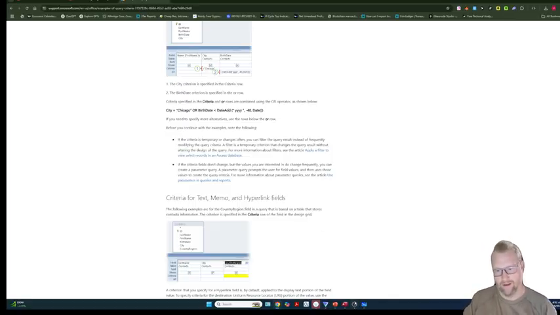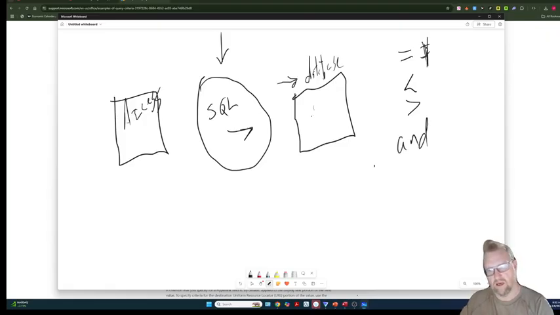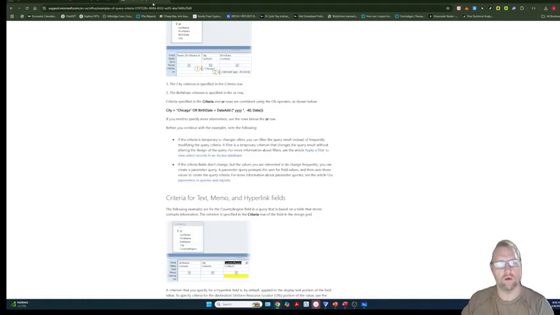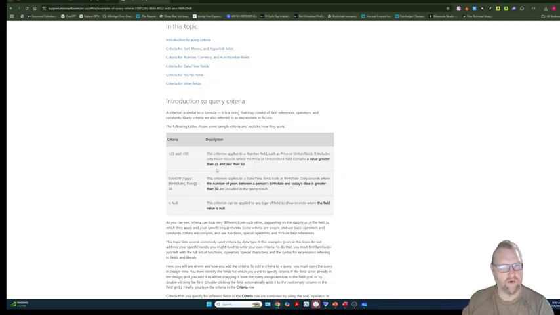Okay, let's talk about logical operators. You got the equals. That means, is it equal? Now in programming we use two equal signs. We don't in Access. We just use the equal. There's the less than, there's the greater than. There's the and, because after all, we may want it to be greater than, what was the example? It was over here. It was a good example. Greater than 25. So we want, and